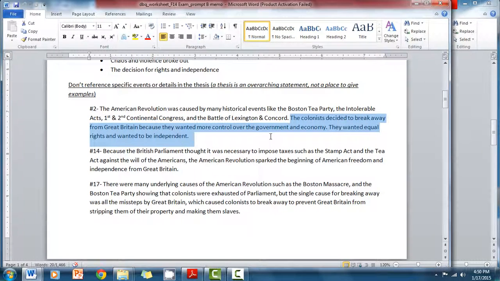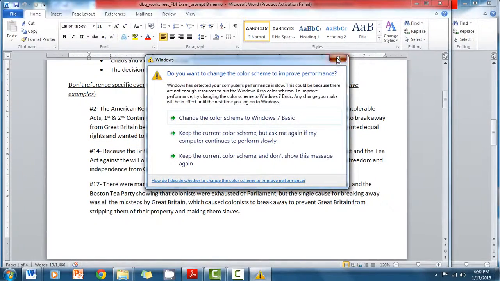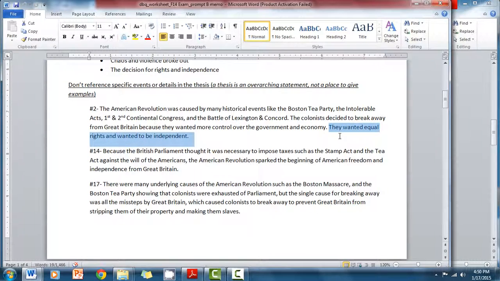The colonists decided to break away from Great Britain because they wanted more control over the government and economy. Excellent. All right, great statement there. They wanted equal rights and wanted to be independent. Excellent. All right, so this is all very good. This thesis has a lot of potential. It's just you offer too many details here. There is no need to reference specific events of history. You talk about that in the body